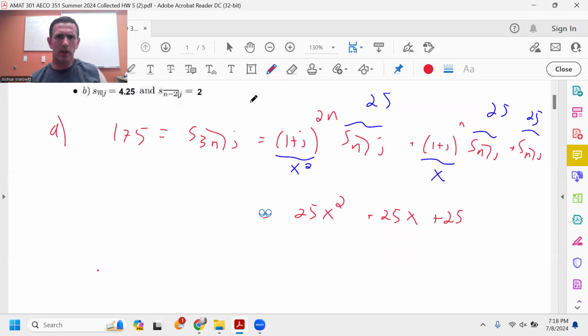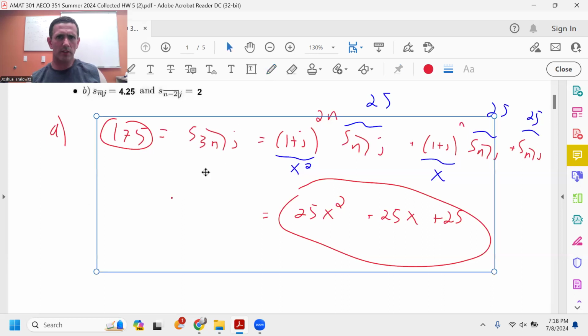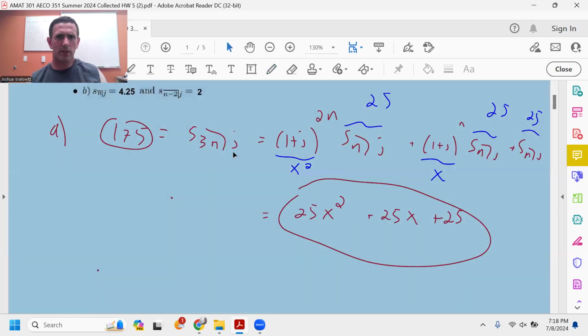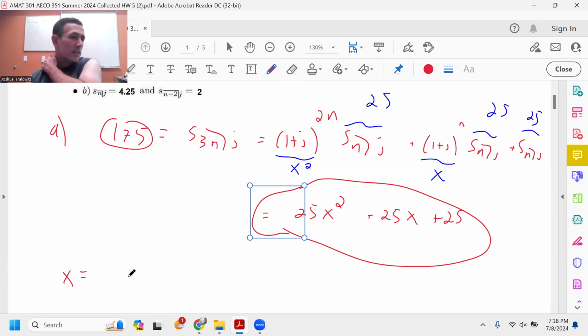So anyway, basically, 175 is equal to this. So solve for x. It doesn't really matter much, but 175 is equal to this. So x is, I technically did not say that,